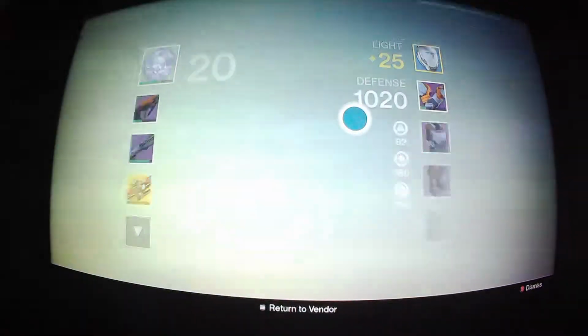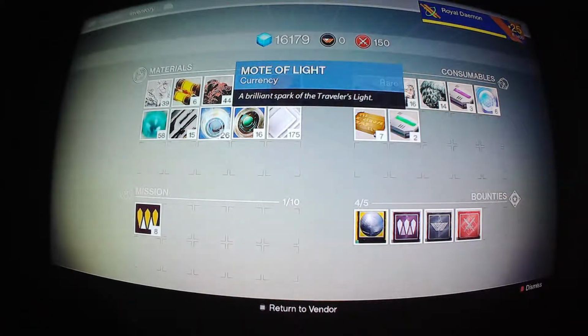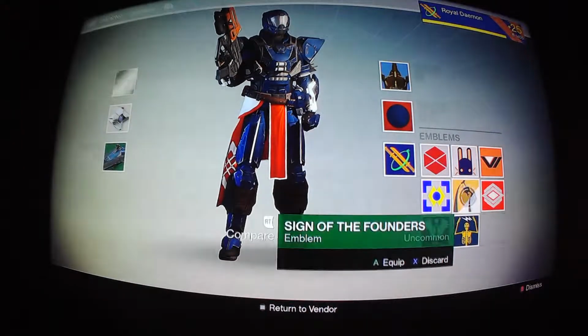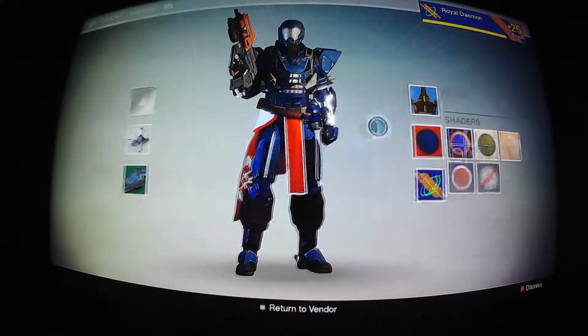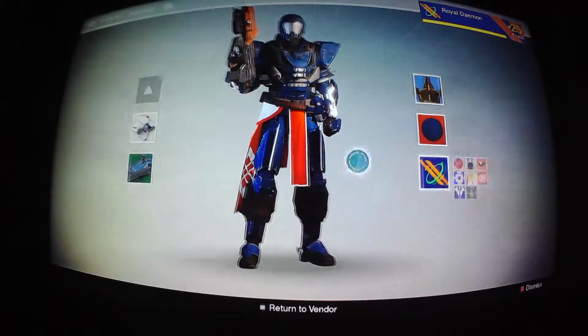But let me go back just a second. See, here you also have Motes of Light. Now, you can spend these at the speaker for new emblems. Like, if you like emblems like these, I've bought some. Well, not with Motes of Light, just from another vendor. Or you could, no, not shaders. You can also buy, let's see, you could buy these and,